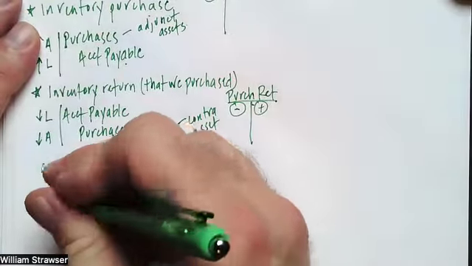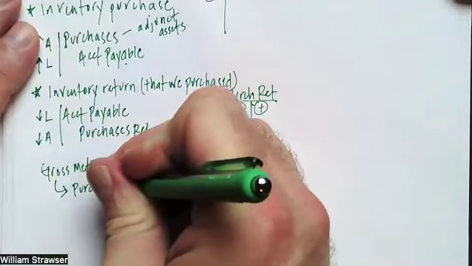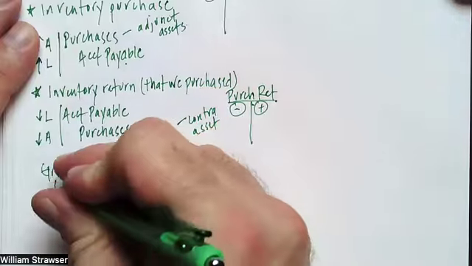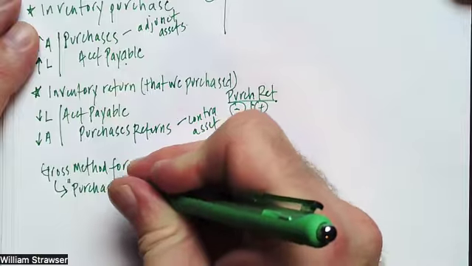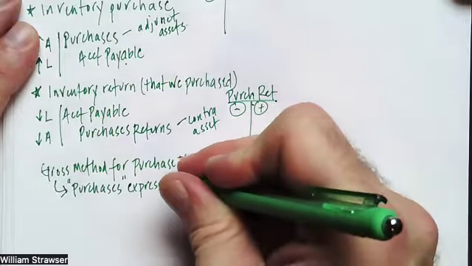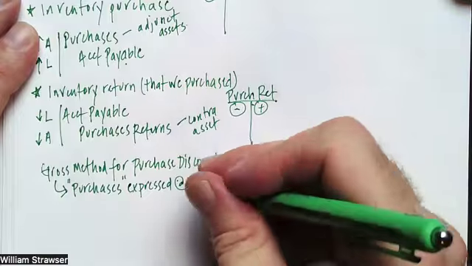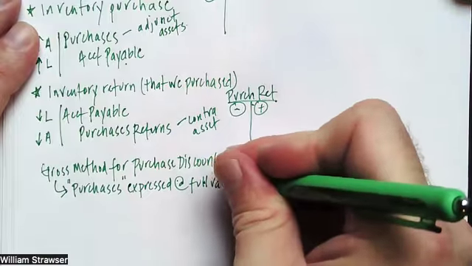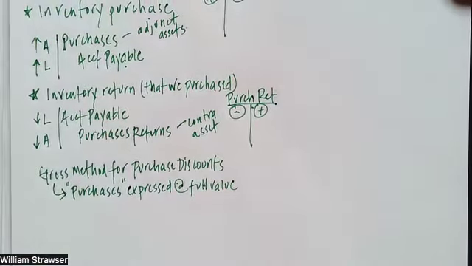It means that my purchases account, the one we covered above, is at full value. So we express that at its full sales price, at its gross value, just analogous to when we use the gross method and sold things on credit,